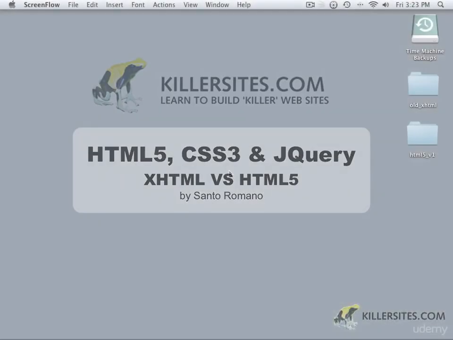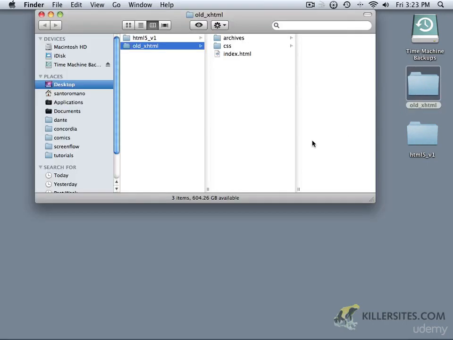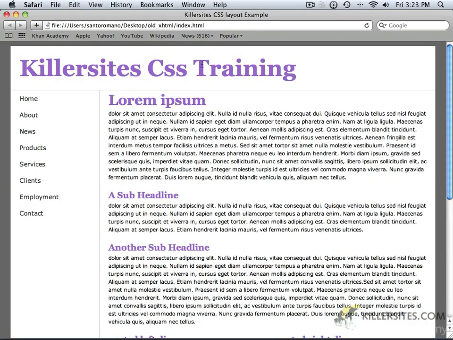Before we begin, let's take a moment to examine the differences between HTML5 and its predecessor, XHTML. In the sample files that were provided for you, you'll find two folders, one called Old XHTML and one called HTML5 version 1. Now, we're going to be using both of these purely for the sake of examining what they look like. If you open up the old HTML and just preview it in any browser, you're going to see